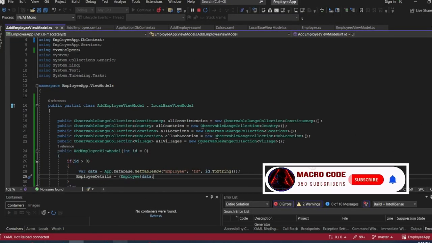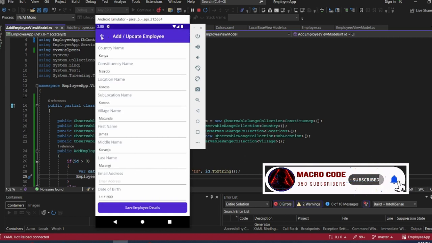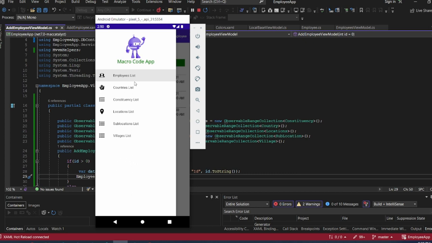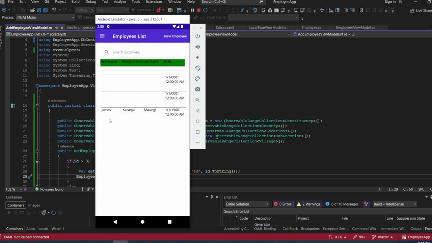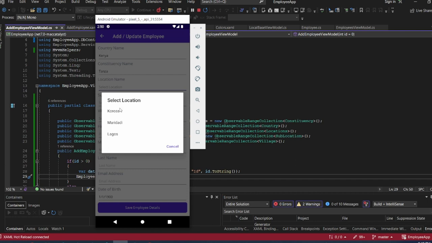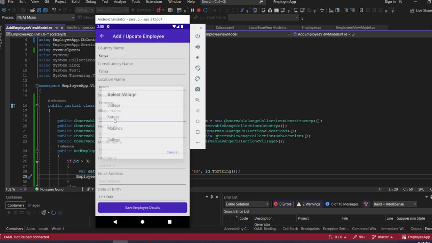So today we are going to continue with our series on .NET MAUI. In our previous video, we started .NET MAUI and created an employees form whereby you can add a new employee, select the country, select the constituency, the location, the sub-location, the village, put in the first name,